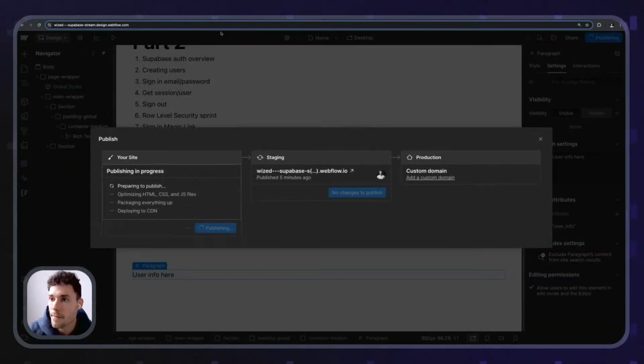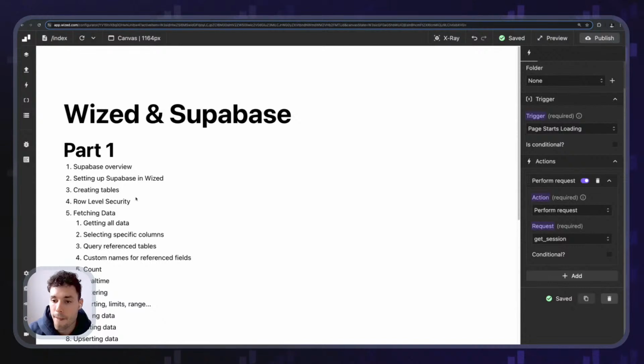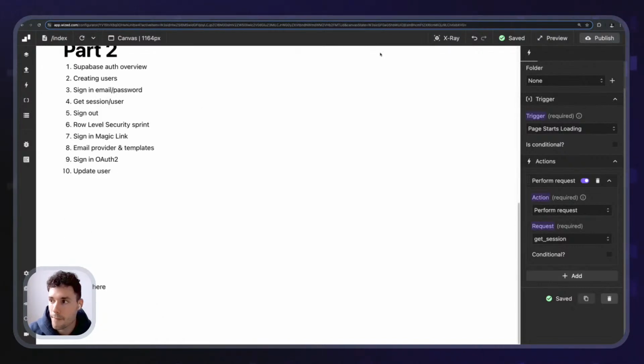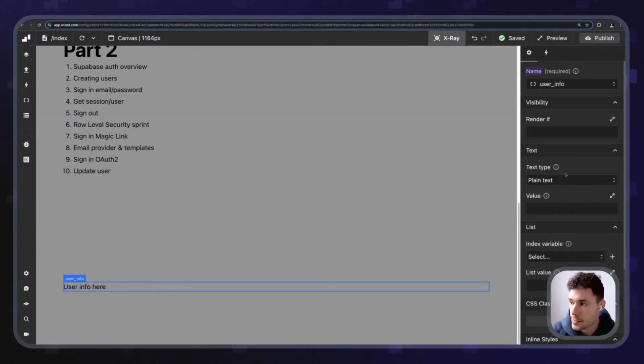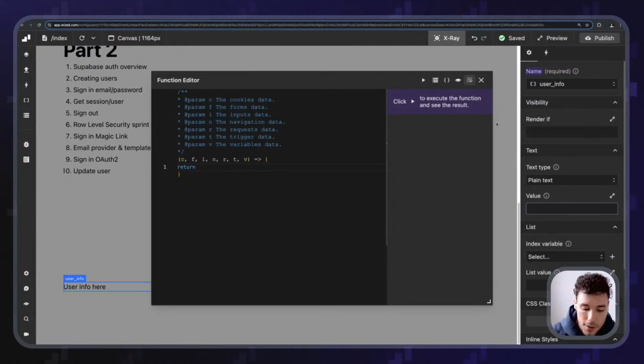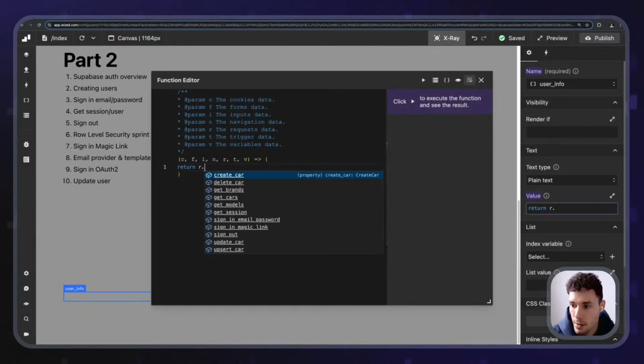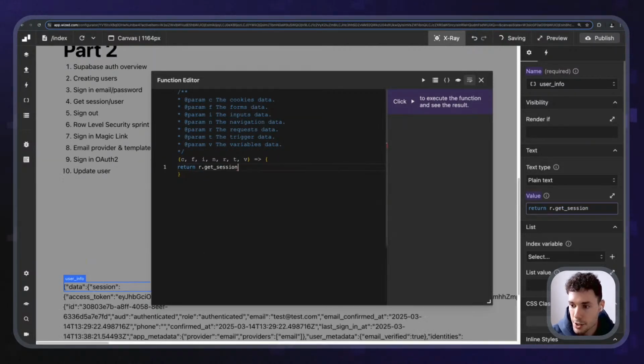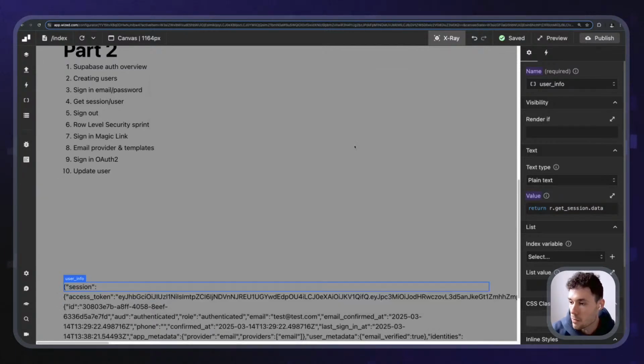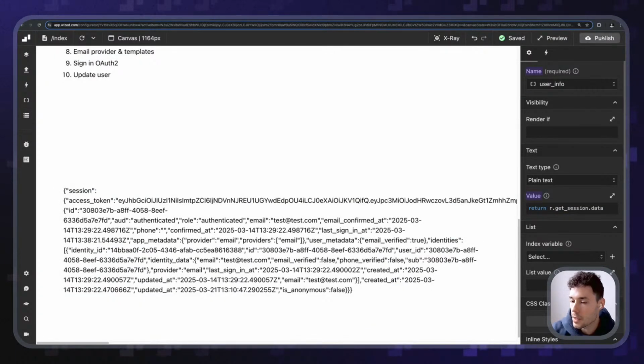Let's publish it. And now let's go back to Wized and, all right, in here I want to display the result of r.getSession.data, like this. All right, cool. Okay, so here inside the Wized